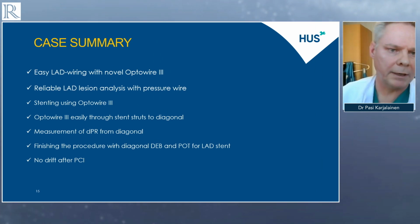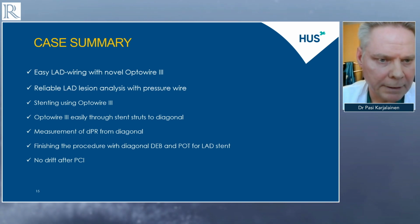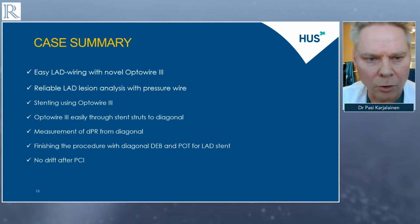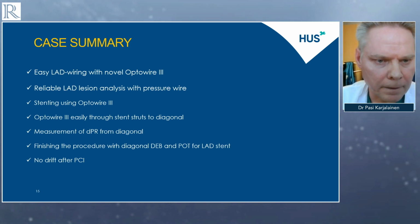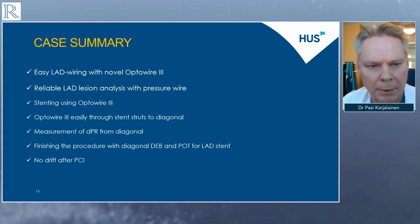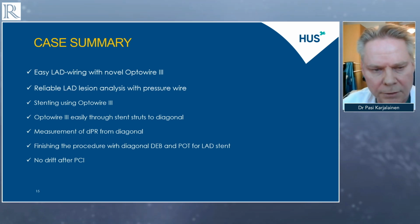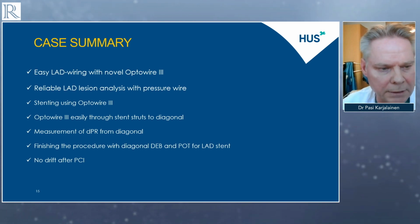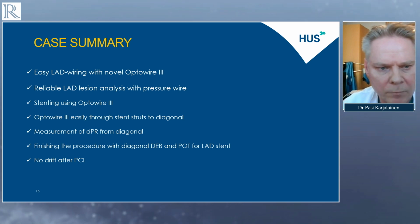So briefly, a case summary. In this case, it was easy to wire LAD with the Optiwire 3 novel pressure wire, and I believe that we had a reliable lesion analysis with the pressure wire. Also, it was easy to do the stenting by using this wire, and wire change was also easy. So it was quite easy to put the wire through stent struts to diagonal,